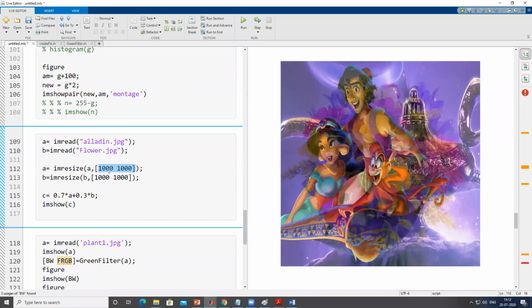So if I write 1000 by 1000, it will stretch or compress it in order to make it 1000 cross 1000. You can make it 100 by 100, or 50 by 100, or 500 by 600. Anything, it is left to you. It is just the frontal dimension that it is going to control. If I change it to 900 by 900, it will do that also.